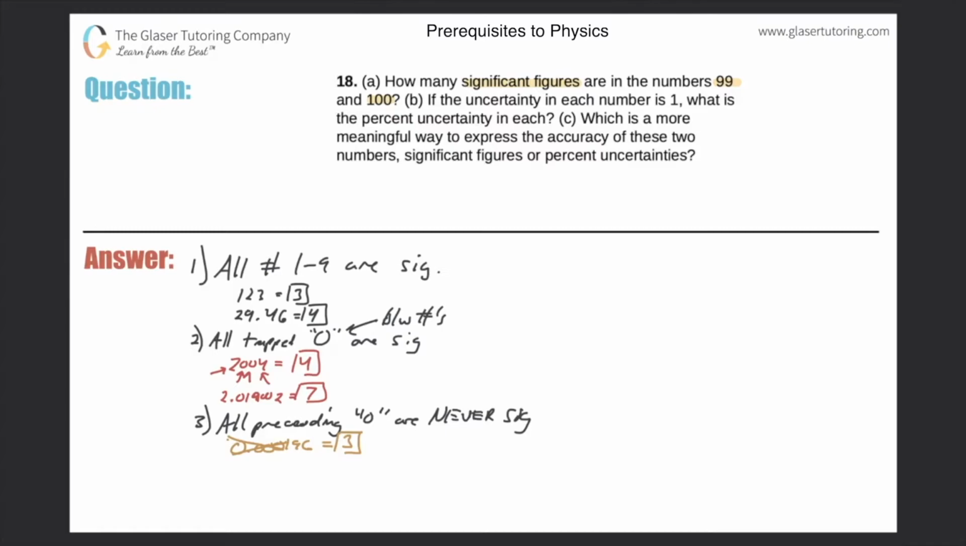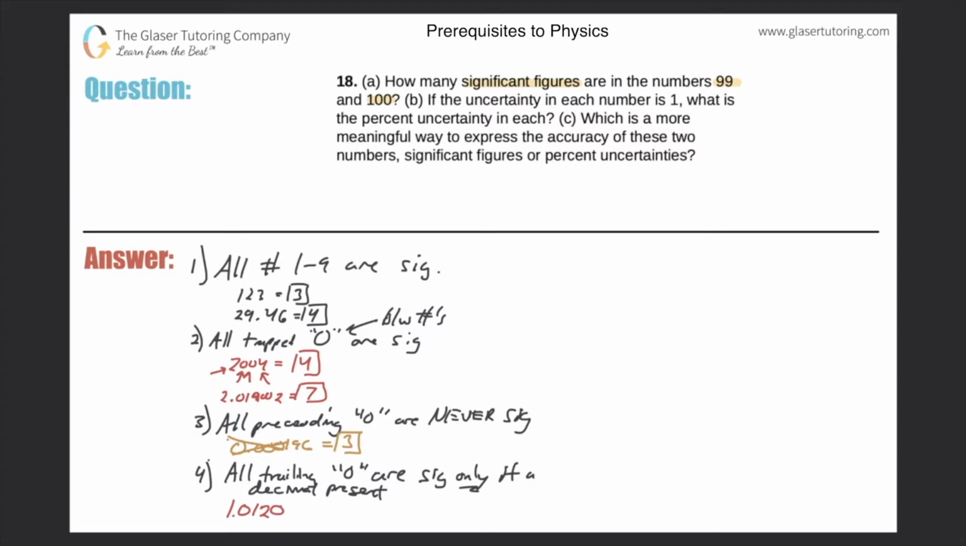But without a number to the left of those zeros, they're never significant. And then the last rule, rule number 4, depends on if a decimal is present or not. Okay, so all trailing zeros are significant only if a decimal is present. Okay, so let me give you an example. So let's say we have a number